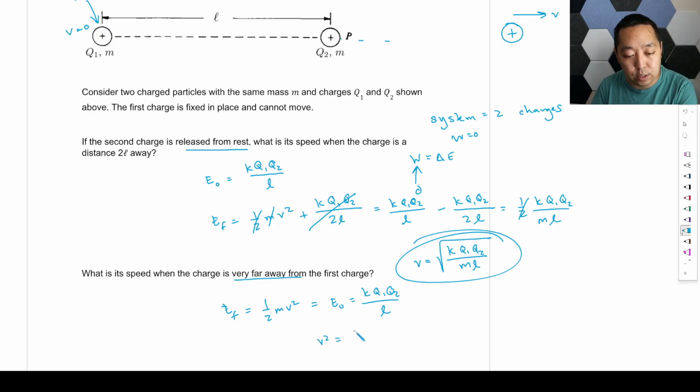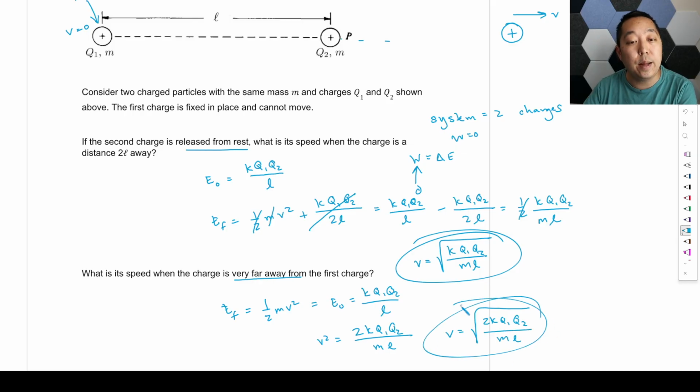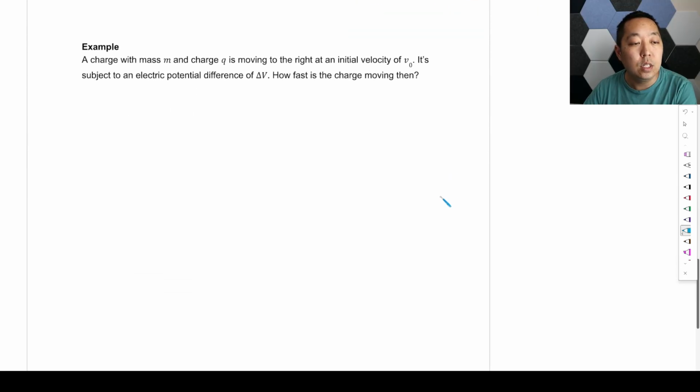So you get v squared is going to be 2K, Q1, Q2 over ML. And then the v would be the square root of that, 2K, Q1, Q2 over ML, like that. Okay. Let's say a charge with mass m and charge q is moving to the right, initial velocity